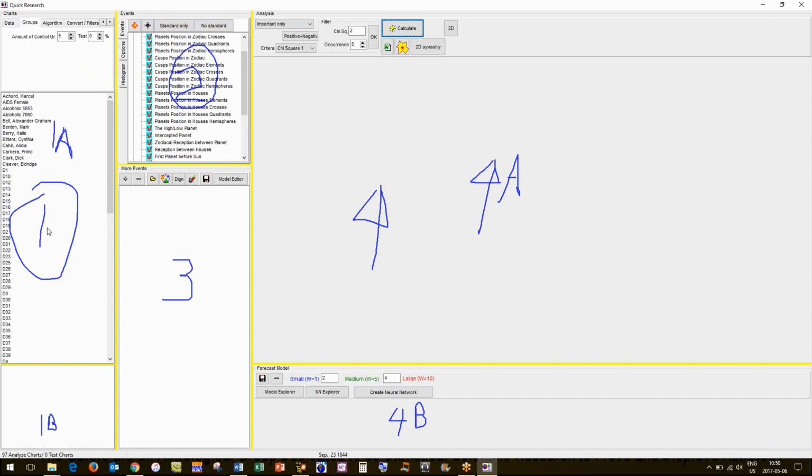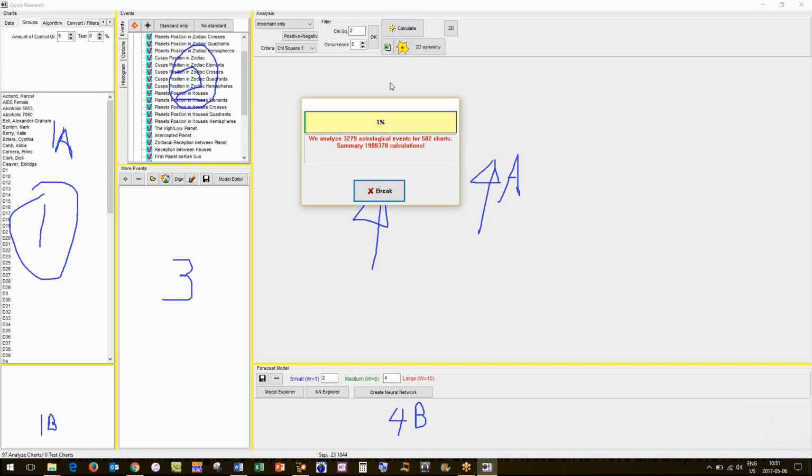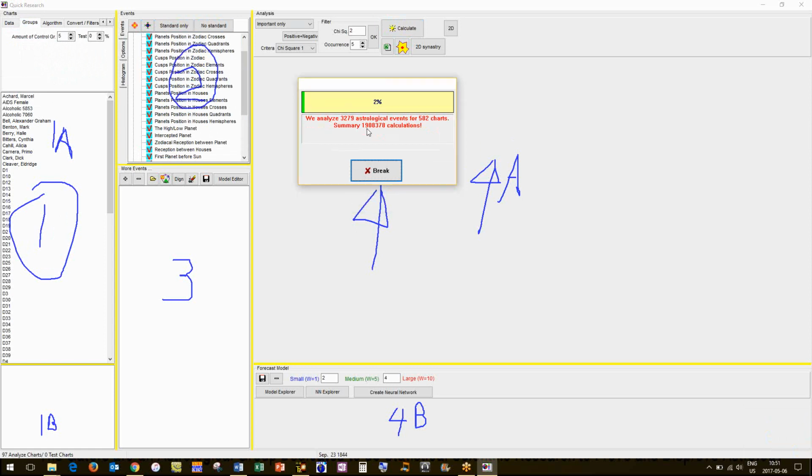So 5 random files. What this is generating is like the general populace. Normally we like to have 50 per, but for the sake of expediency, because I have all this on, you'll see how many calculations this is going to run. Right now it's creating 5 files to check and verify the data set here. With the control group set to 5, it's running almost 2 million calculations.